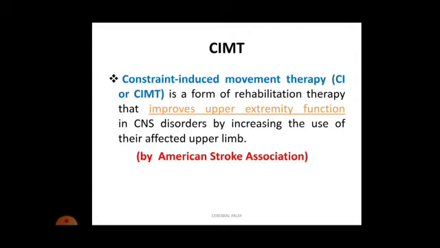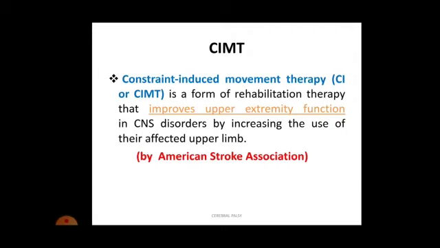So what we are doing is intentionally preventing movement of the normal side, that is the left side for our example. Clear? So compulsorily the child will have to use his or her right side. So the right side will be activated. So what is the concept? In short, we have to prevent movement of the normal side intentionally, so the child will have to use the affected side compulsorily. That will activate the affected side. But again, remember, if that side is totally paralyzed, then there is no use of CIMT. At least it should have some movement.